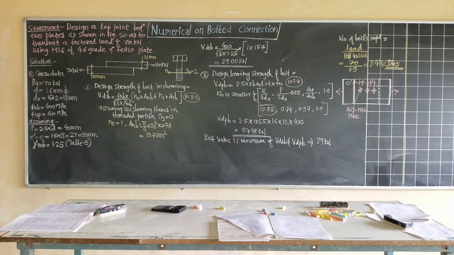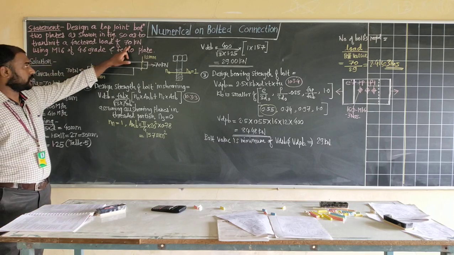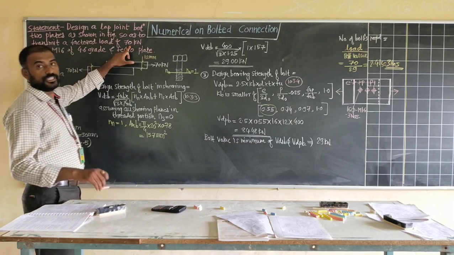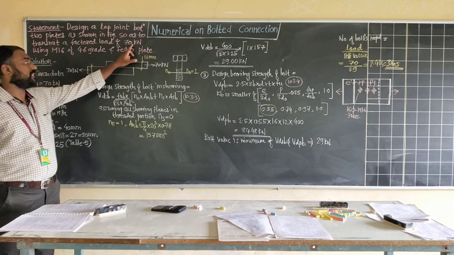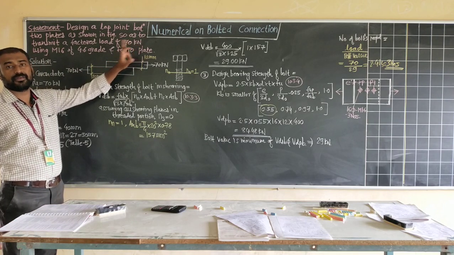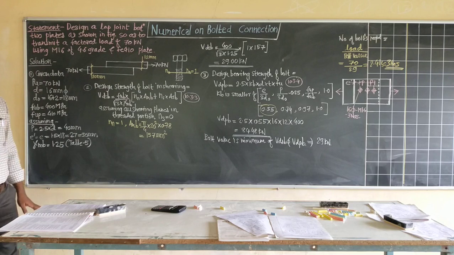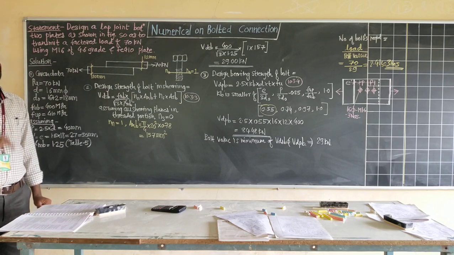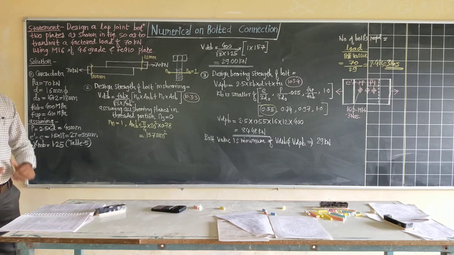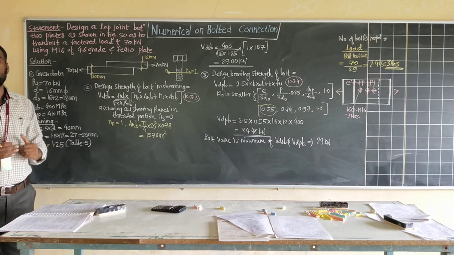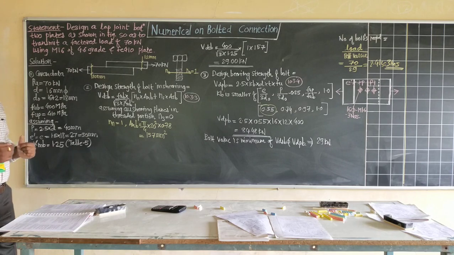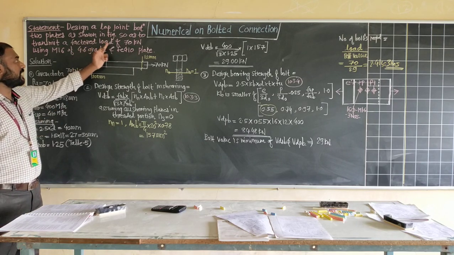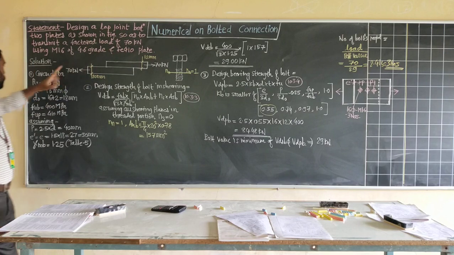So from the problem you can read that, first of all, the value of factored load is given in the problem, that is equal to 70 kN. Usually in some problems they may ask you the working load value, so that value is to be multiplied by the partial safety factor to calculate the factored value. As we are using limit state design, factored loads or ultimate loads are considered for design. So the given value is already a factored load of 70 kN. So in the given data for the solution, the first value, total load, is 70 kN.